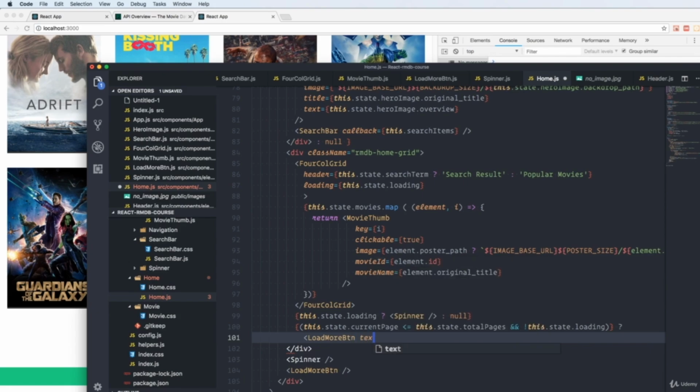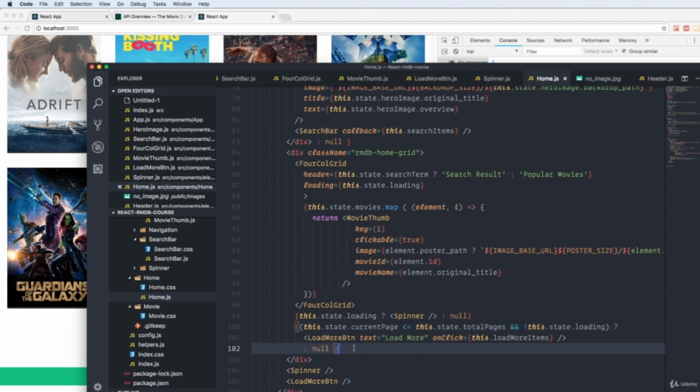We have a prop with a text. We want it to say load more, and we send in our onClick function, this loadMoreItems, and we self-close it. Otherwise, we'll return null. And of course, we have to remove this one. It shouldn't be there. It should be after the null. So if we save our component